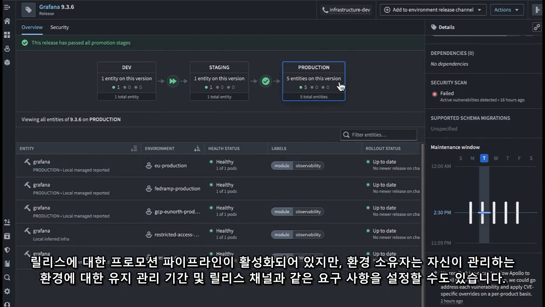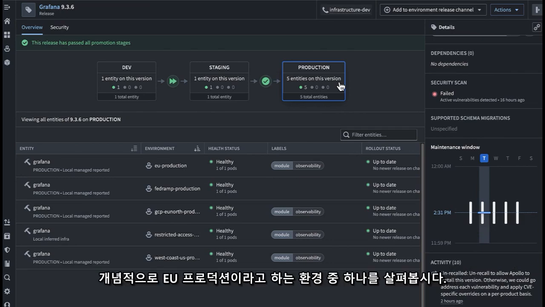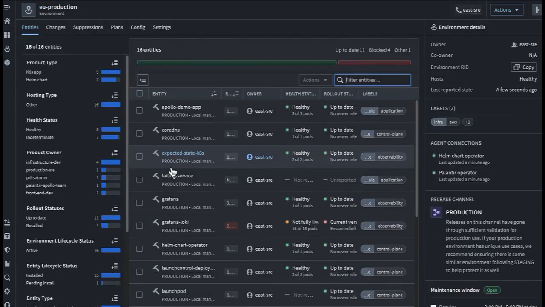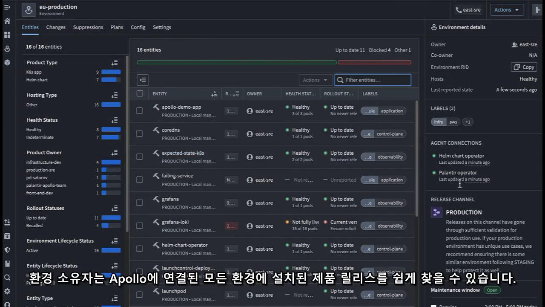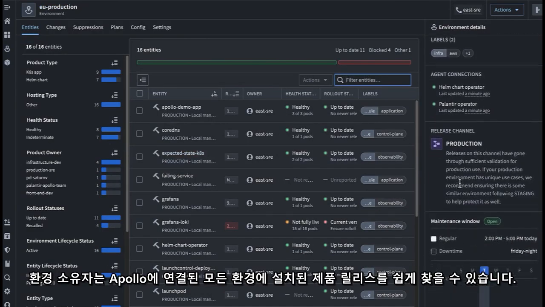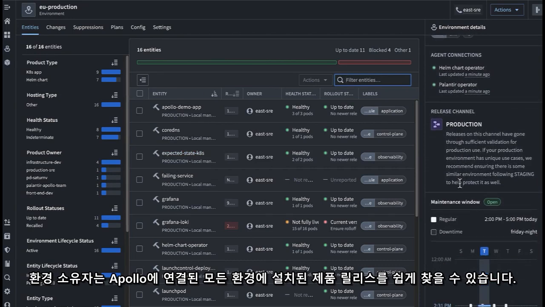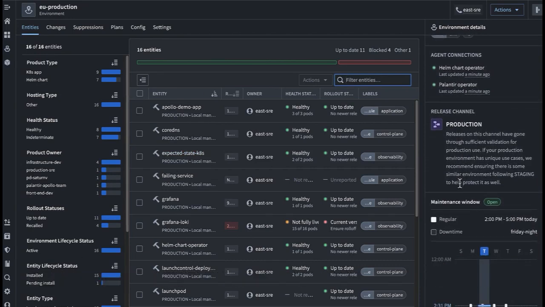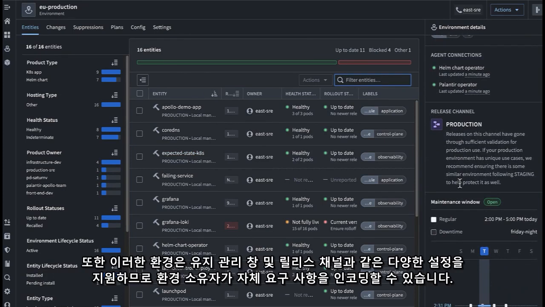So we've seen an active promotion pipeline for our releases, but environment owners can also set requirements like maintenance windows and release channels for the environments that they manage. Let's look at one of these environments, which here is notionally called EU production. Here, as an environment owner, I can easily find the product releases installed on any of the environments connected to Apollo. And those environments also support many rich settings like maintenance windows, release channels, so that me as an environment